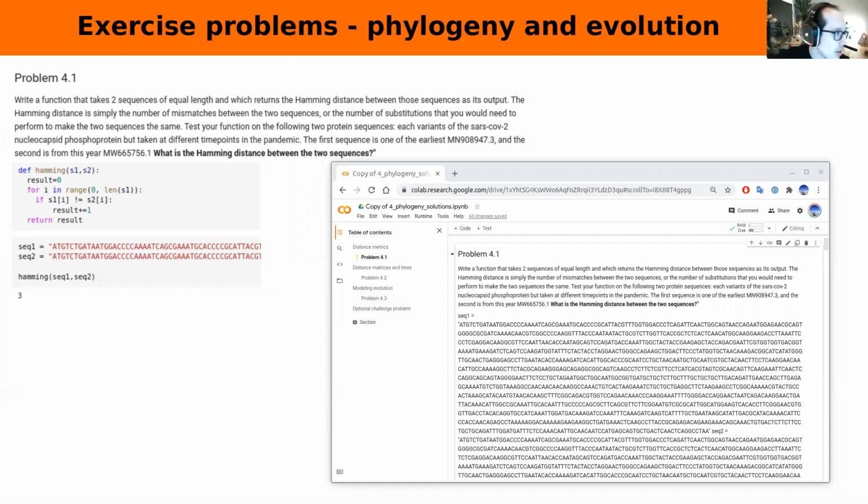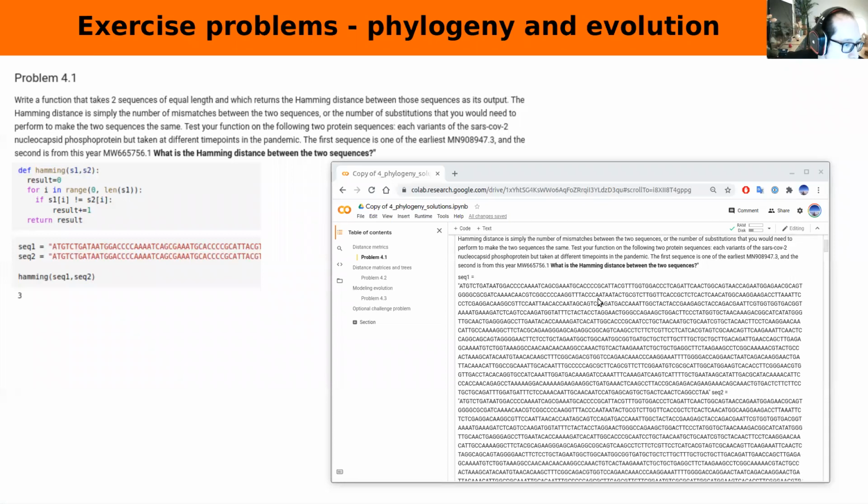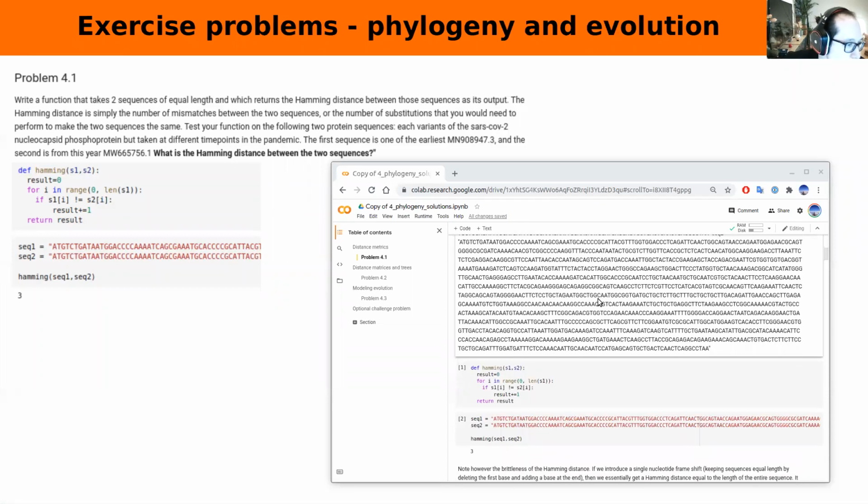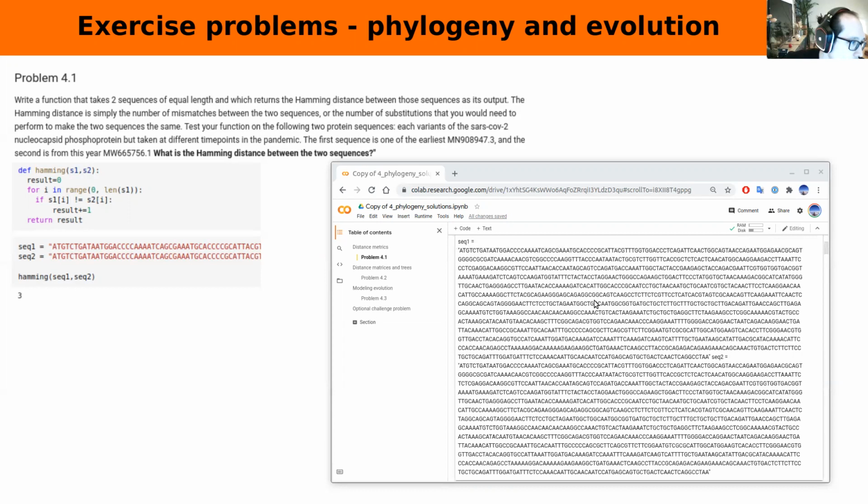In this one, I'll be going through the exercises related to phylogeny and evolution. The first question simply asks us to write a function that computes the Hamming distance between two sequences. And the Hamming distance is simply the number of substitutions needed to make one sequence into the other, or the number of mismatches, basically. And one requirement is that the two sequences have to have equal lengths,